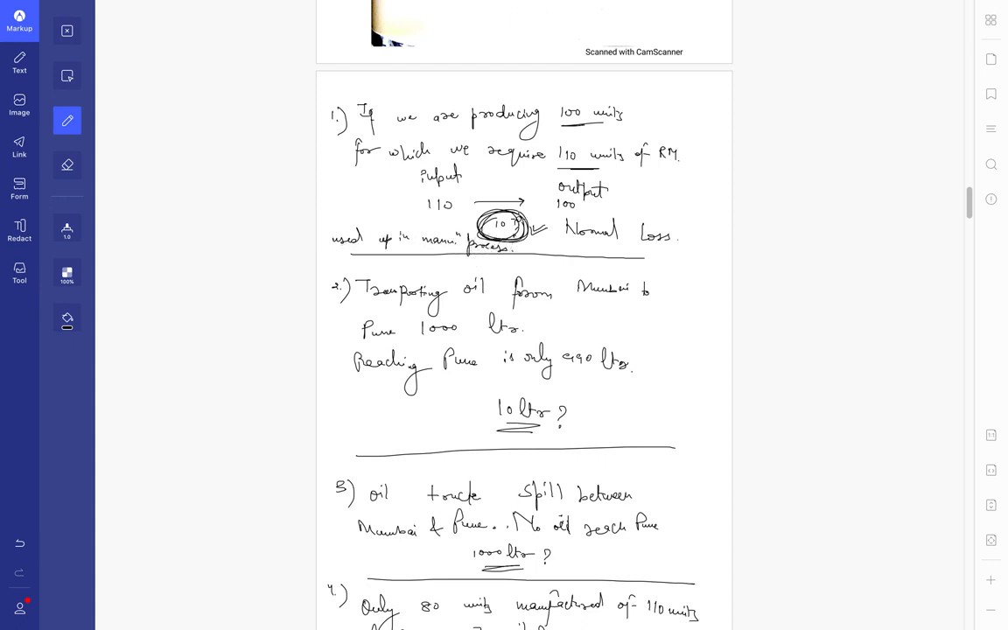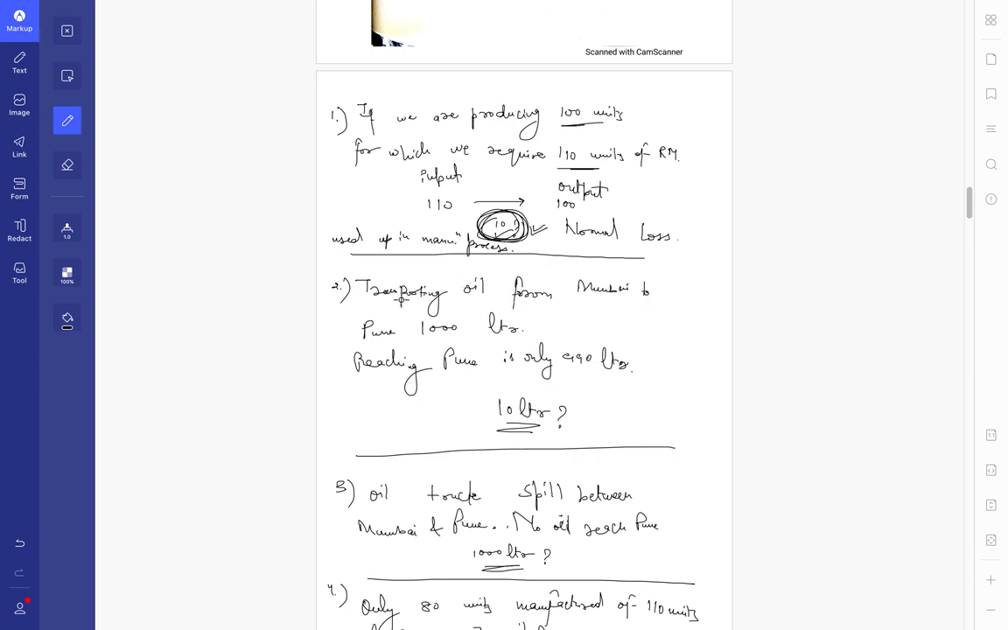In the manufacturing process, these 10 units get used up, and hence you consider it as a normal loss. You cannot get any relevant output, any productive output from these 10 units. Taking the second example,